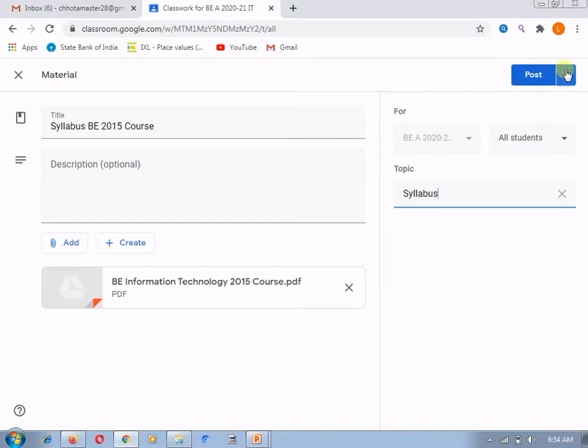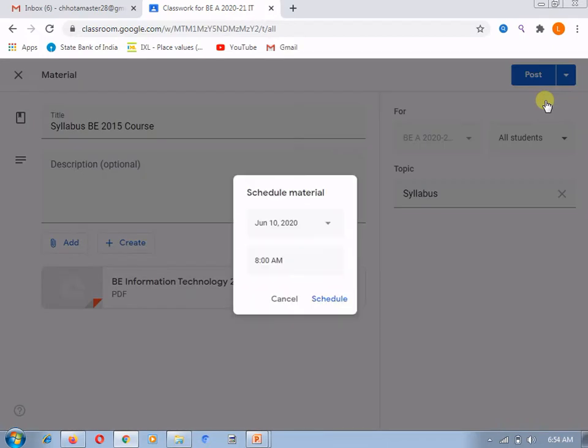So now post, again post, it can be scheduled also. With the help of the calendar it will show you the calendar by which time we can post this material to the students. And if you don't want to schedule, it is automatically on that date, on that time, your Google will help you to post your material automatically.